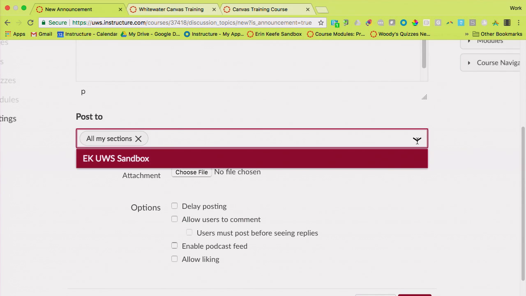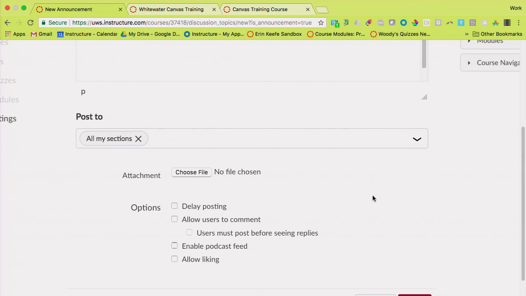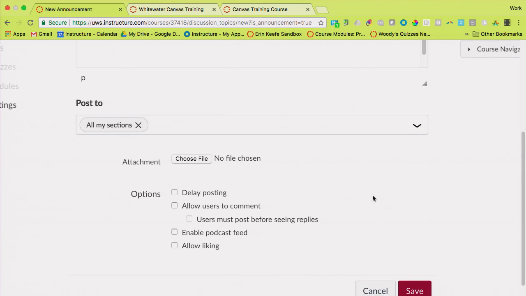You might have multiple sections in your courses, especially, I know the folks yesterday, some of them said they had undergrad and grad students in the same course. So however it's done by the registrar, if there's multiple sections in one course, one of the new features that we have here is you can post an announcement just to one of the sections. So if you just needed your Monday, Wednesday, Friday section to see it, not your Tuesday, Thursday, we just built that functionality in there.